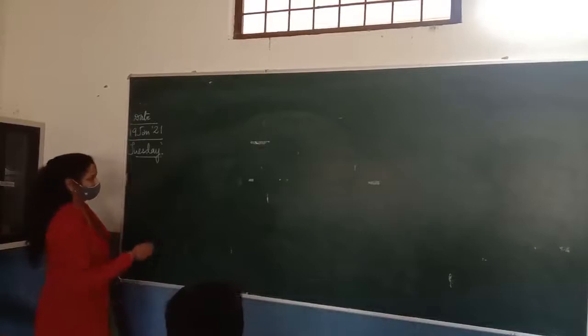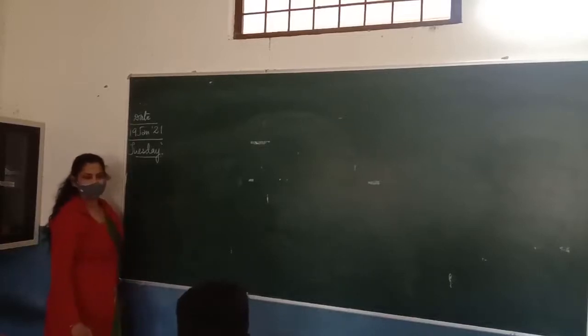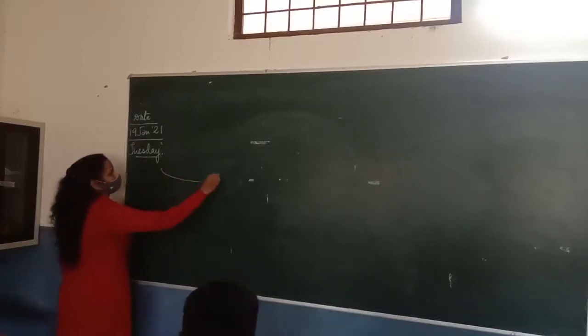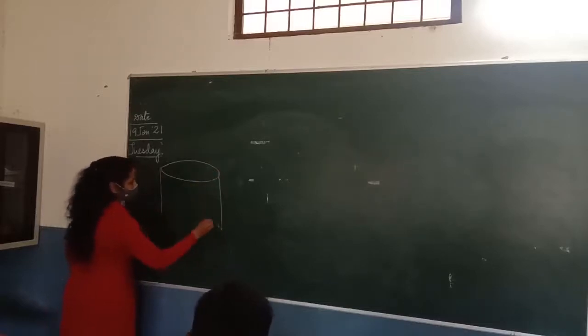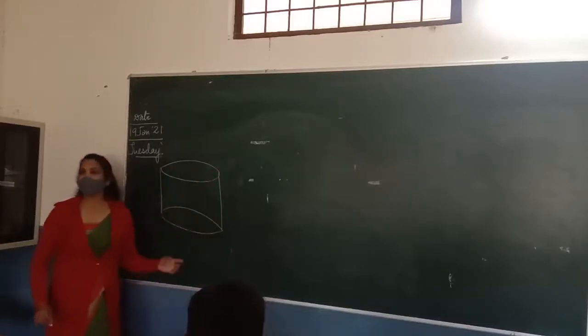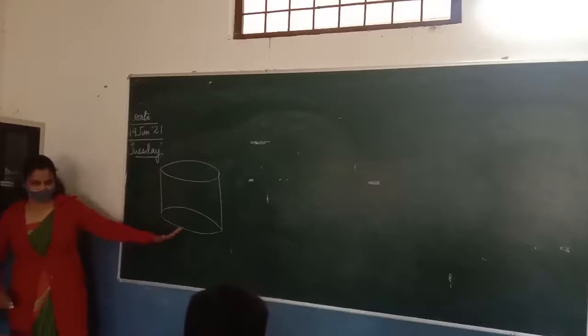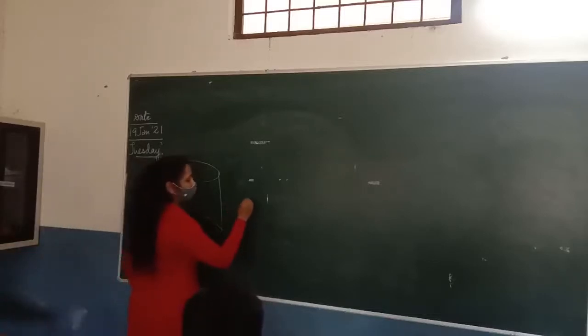Abhishek, read your question. A gulab jamun contains sugar syrup. Gulab jamun question. This is a container in which 45 gulab jamuns are there, right? And the gulab jamuns are in the shape of a cylinder.